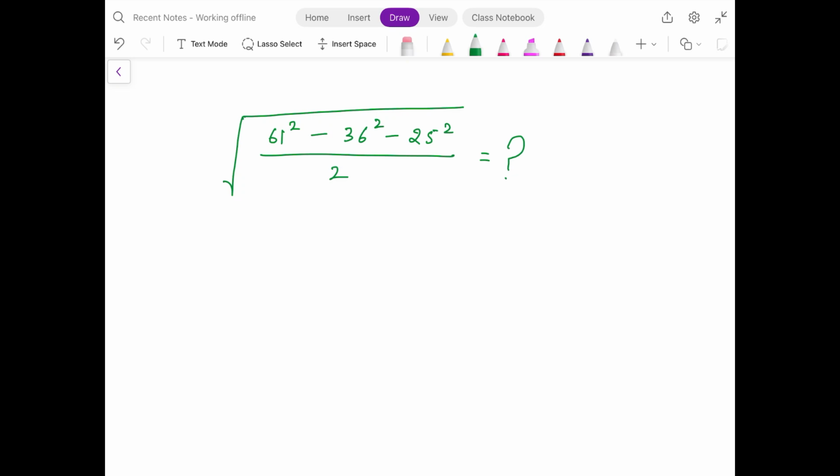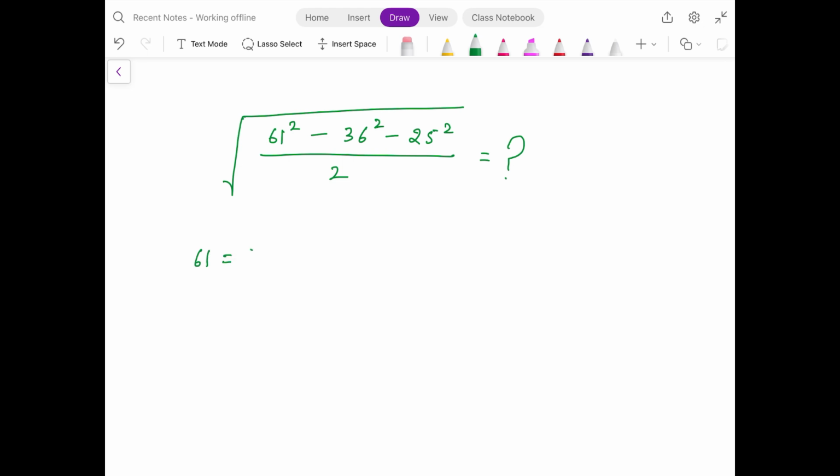Welcome everyone. So in today's video, we are going to learn the solution of a little bit tricky and viral mathematics problem. That is, we have to find the square root of (61 square minus 36 square minus 25 square) divided by 2. So at first it may look a little bit tricky, but if we figure out that 61